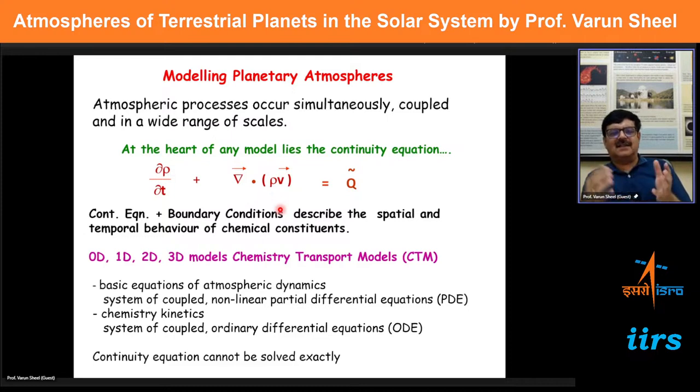They are basically conserving the mass and momentum, and which gives you the variation of the density with space and time. So actually, you can simulate how the concentrations of various species in the atmosphere are changing with space and time, and you can predict, for example, how the CO2 will increase in the Earth's atmosphere, how we are impacting that. All these things one can simulate through these theoretical models.